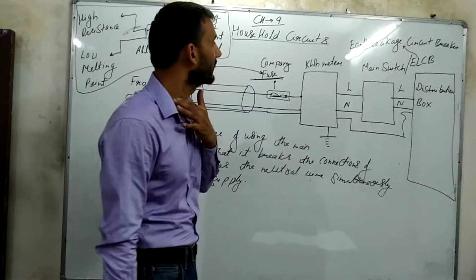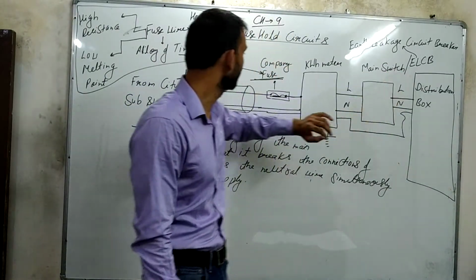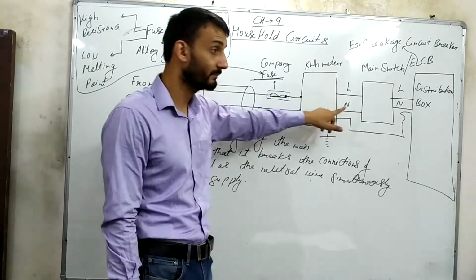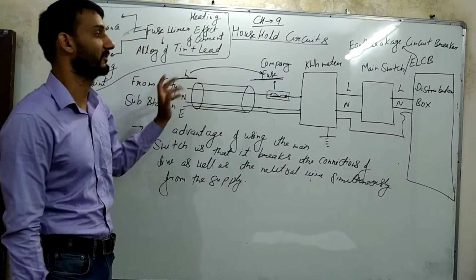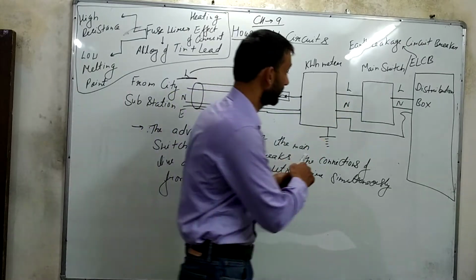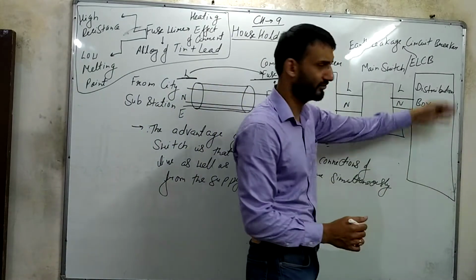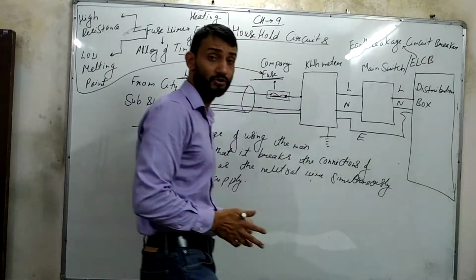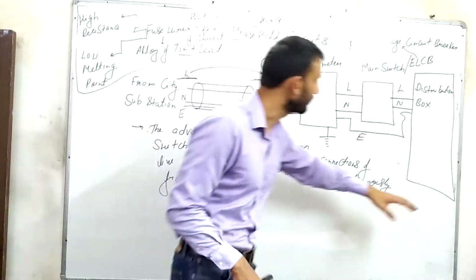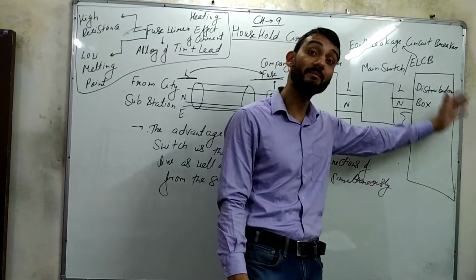Then this is important. This switch is known as the main switch. As you can see, this live wire is coming. It is connected to live and neutral wire. This fuse is connected to the live wire only. But this main switch is connected to live wire and neutral wire, but it is not connected to the earth wire. Then you have the distribution box. One distribution box is given in order to distribute the current in the house. So it has so many MCBs.